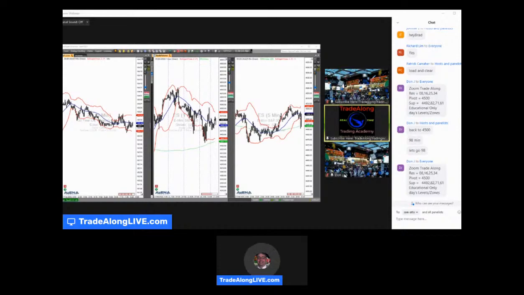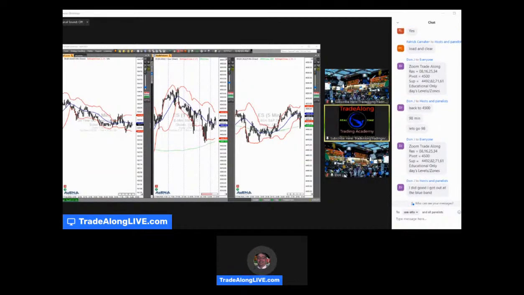If you look at the chat box area, you will find the levels that we imprinted there for us. They're there to help guide us through the day, looking for areas that we feel might be important, that the market might trade up against, and give us an opportunity to scalp areas of chances, as we did come back up here to our pivot. And again, depending on how much